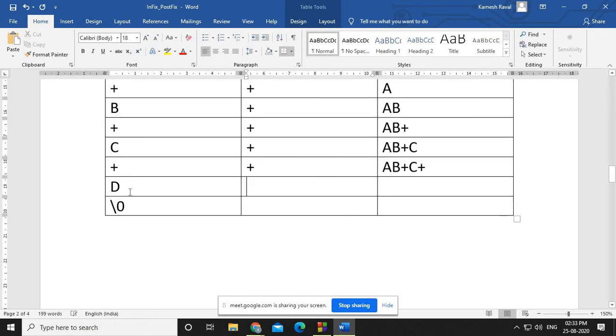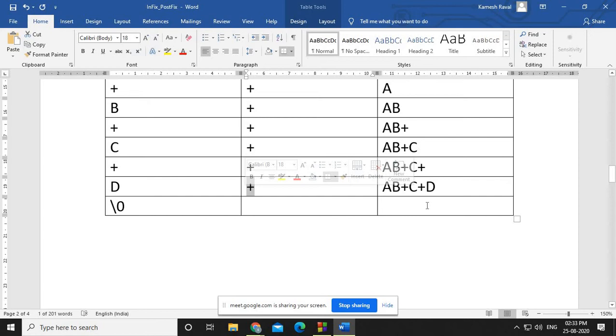Now another, you have a D, right? So D is an operand, so the stack doesn't have any change. D will be inserted into the postfix, right? Whenever a null character is there, whatever operators are there, every operator you need to pop and insert into the postfix.